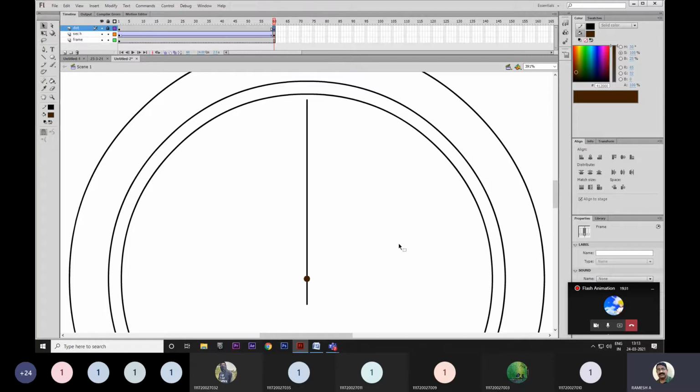Now we are giving the animation for this. Just go to the frame number 1, select the frame, first frame of the second hand, come to the properties. Where is the properties? If the properties menu is not visible here, go to the windows and you can choose there. But I can see here.